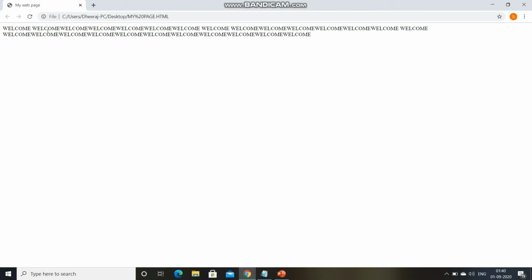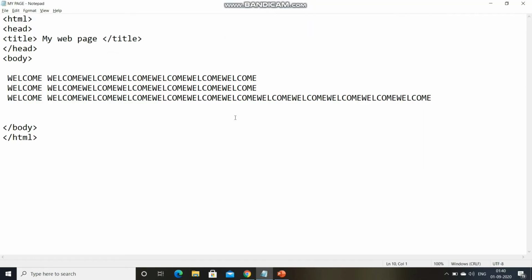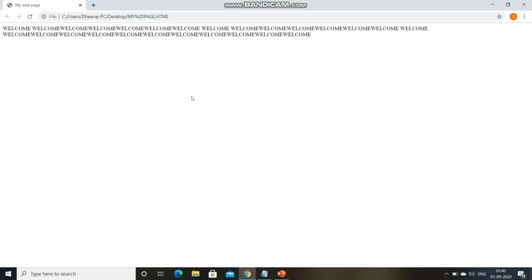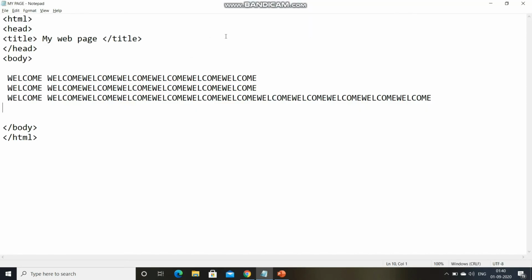You can see it is looking like this on the web page, but on the Notepad where I wrote the code, it was in 3 lines, and here it is showing on 2 lines only. Why? Because I haven't mentioned the paragraph tag here. What is the paragraph tag?